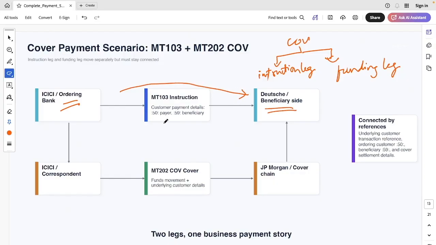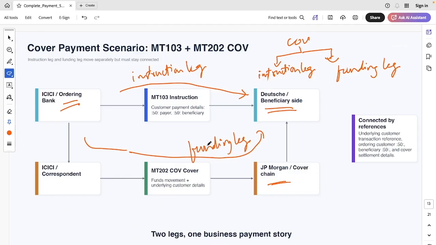At the same time, the funds may move through a correspondent chain as well, for example, JP Morgan. It sends to the JP Morgan side using MT202 COV. So there are two legs. This is your instruction leg, and this is your funding leg. So MT103 tells the beneficiary side about the customer payment, and MT202 COV basically moves the cover funds to the correspondent